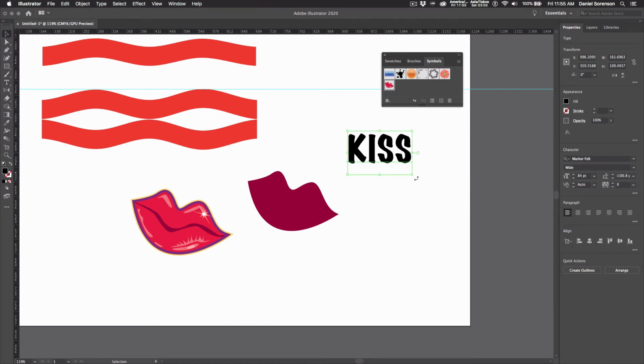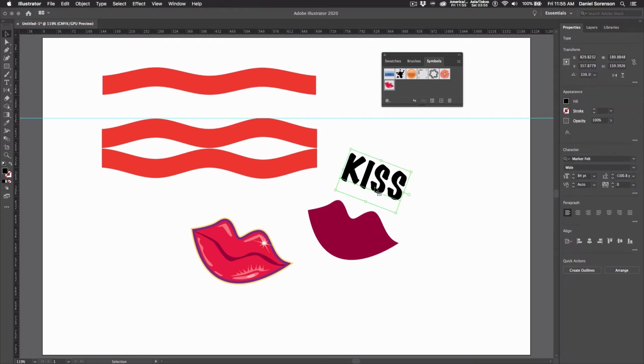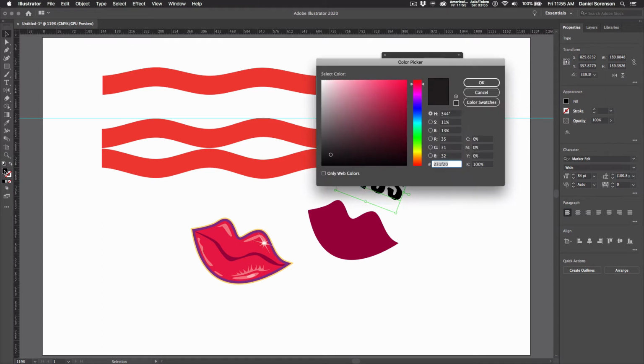I'm going to take my type tool and type KISS. I will rotate it a little bit so that it's kind of at the same angle as my lips. The plan is to take Kiss and have it fit inside these lips and then put it over the top of the other lips. I'm going to change the color of this to a pink